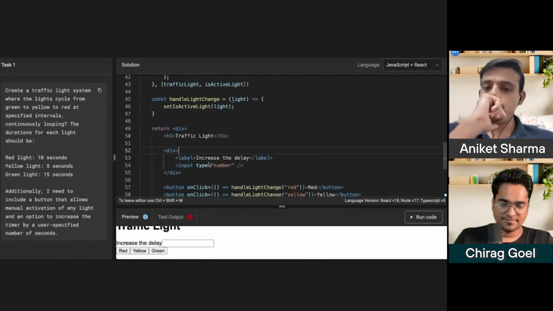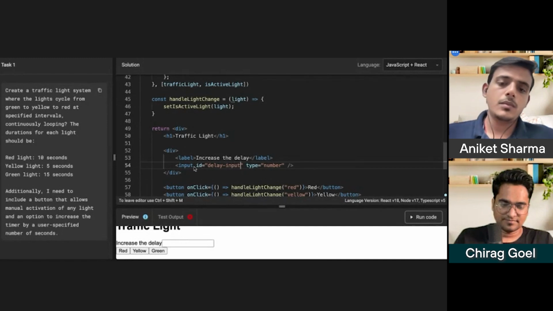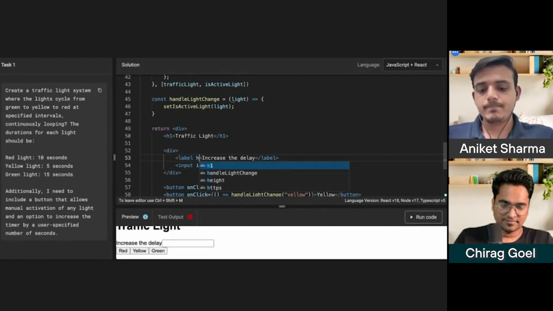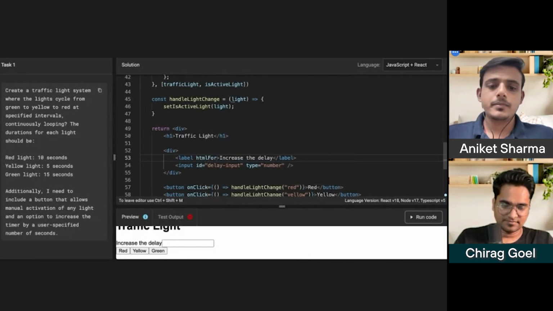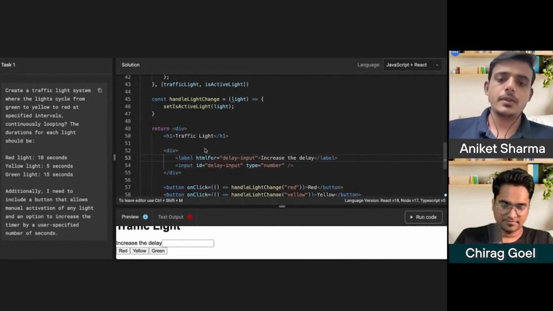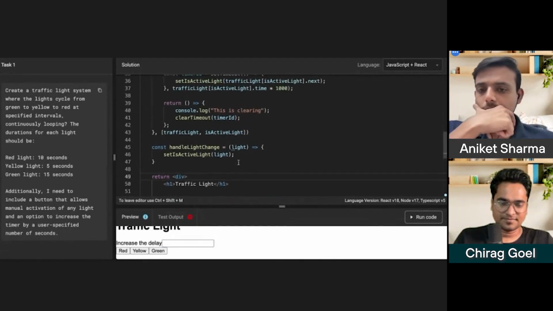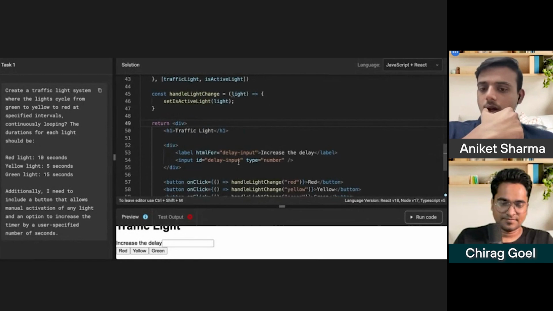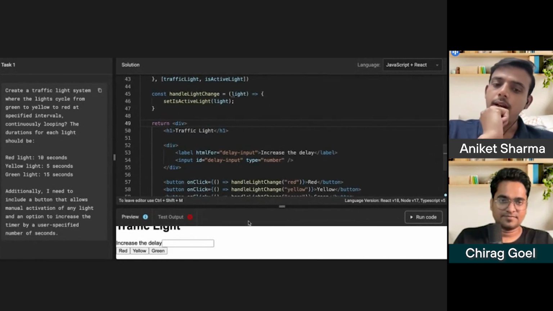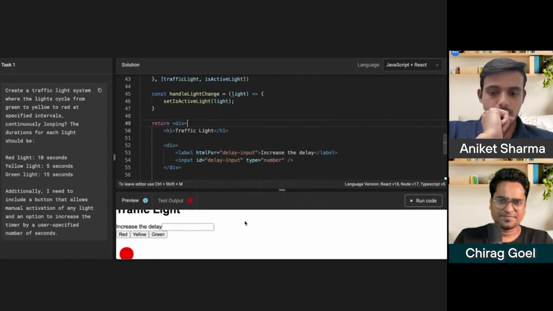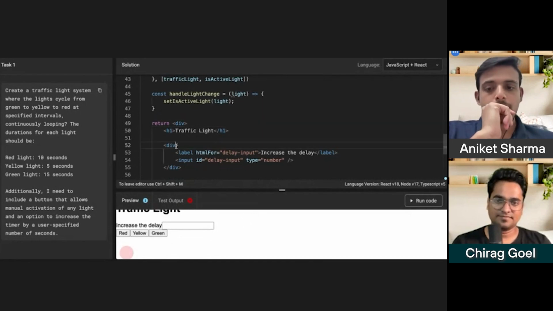So now we need to increase the time of the current active one.